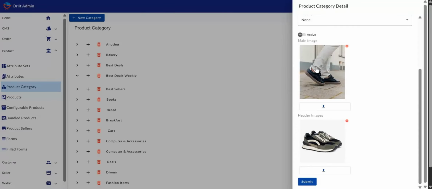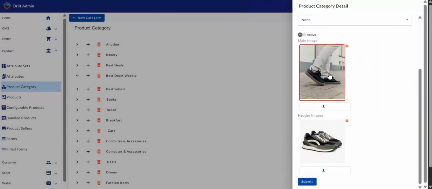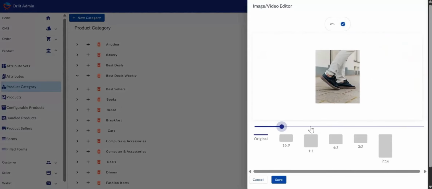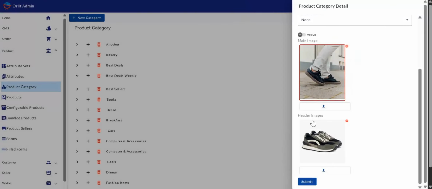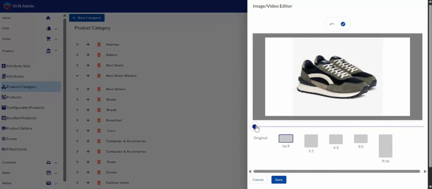And now we have our images selected. And one beautiful thing about Orlit is that you can set the aspect ratio of your image. So to set the aspect ratio, just click on the image and then reduce it. You can set the aspect ratio. So when you are done, you save. And once it's saved, once it's active here, you click on cancel. You come back to your header image as well. And you click on the aspect ratio that you want